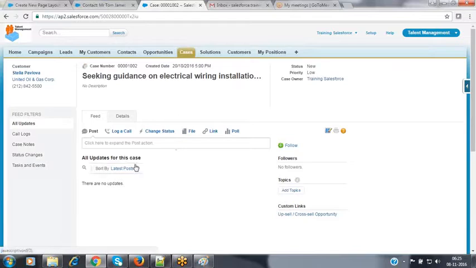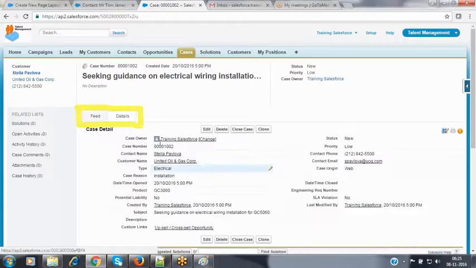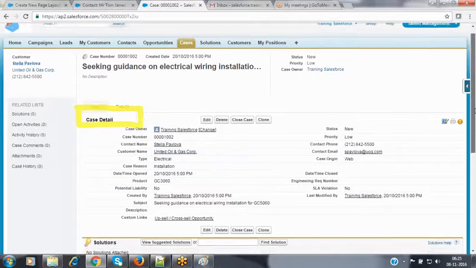In this case, it is providing two tabs to you. One is the feed, the second one is the details. By default, the feed tab has been selected, so it is providing only the Chatter feed. When you click on details, it is providing the record details information here.